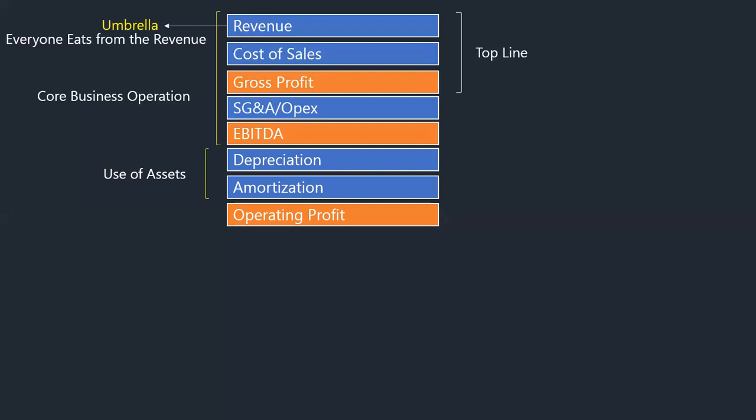On that basis, that is why we include depreciation and amortization, based on our asset turnover ratio, which we try to measure how well we are using our assets to generate more revenue. So that's why depreciation is included, because we believe this asset is what the business is using to generate more revenue. So it should be included before we have what we call operating profit.